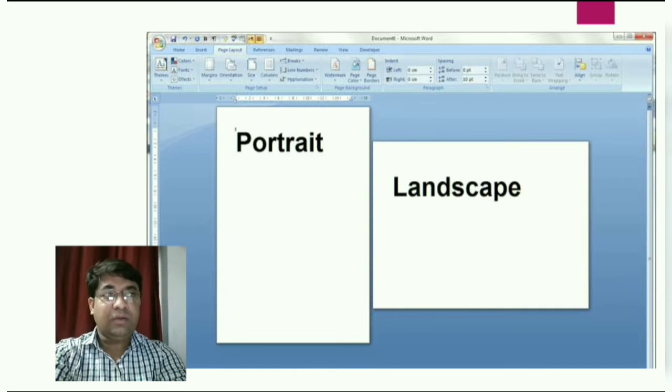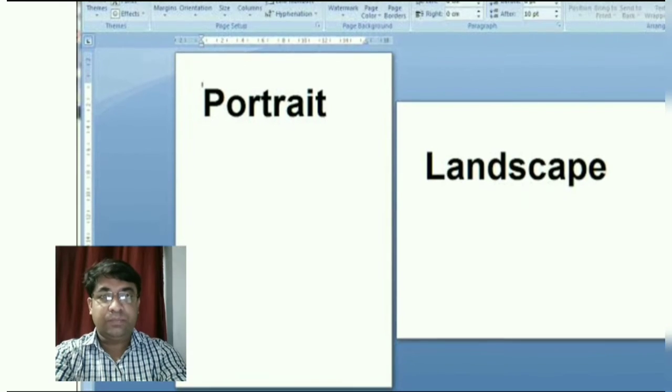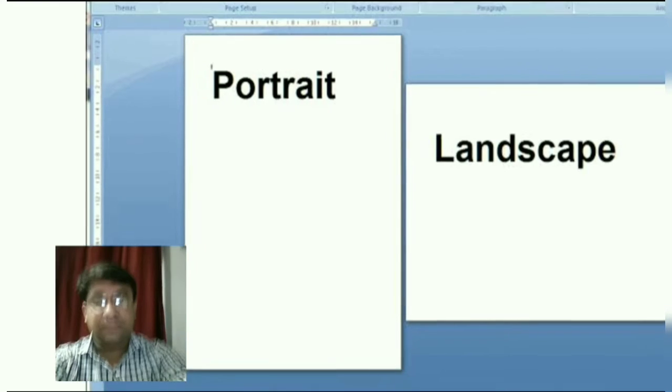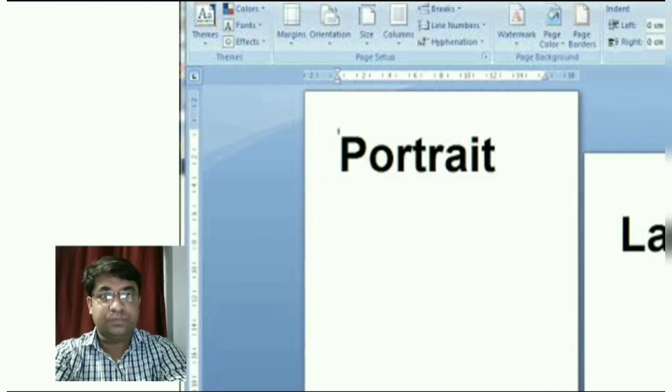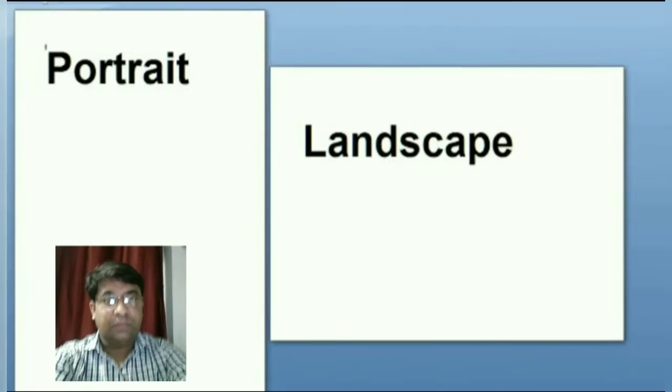The portrait orientation is the default orientation. In portrait orientation, the document is printed lengthwise. You can see that. And in the landscape orientation, the document is printed widthwise.